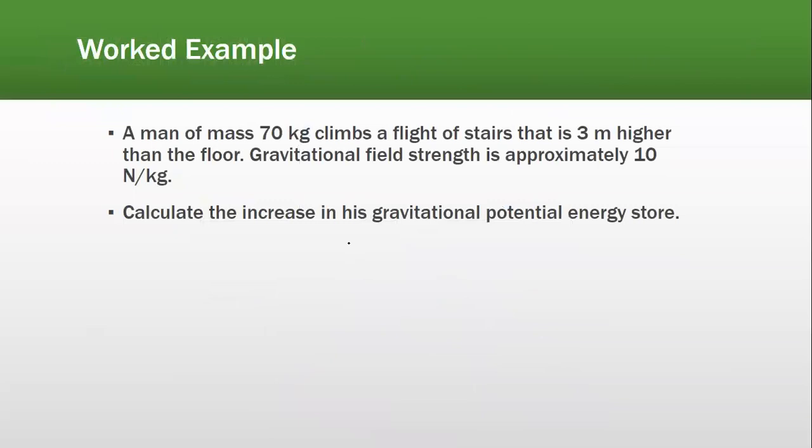We have a worked example over here. A man of mass 70 kg climbs a flight of stairs that is 3 meters higher than the floor. Now the gravitational field strength is approximately 10 Newton per kg. Calculate the increase in the gravitational potential energy. तो हमारे पास फॉर्मूला क्या है? GPE is equal to